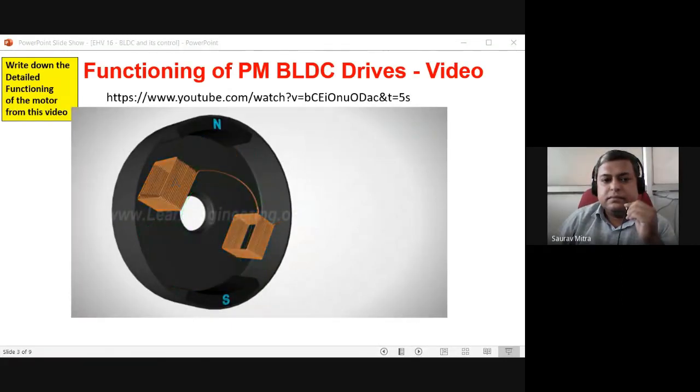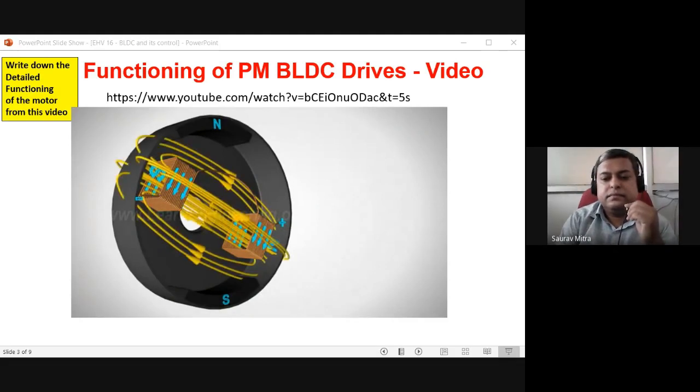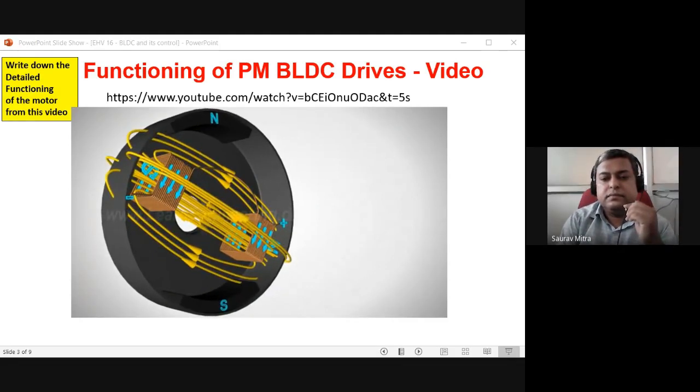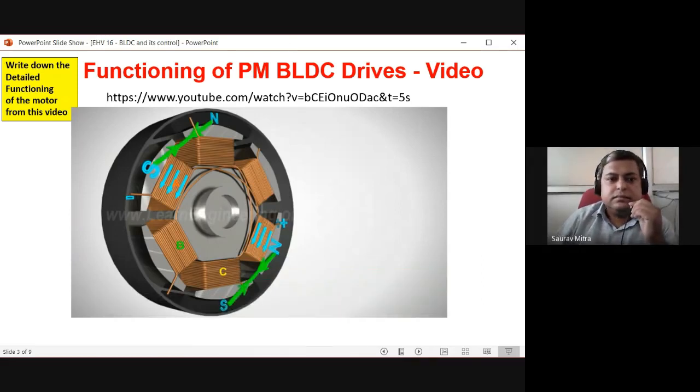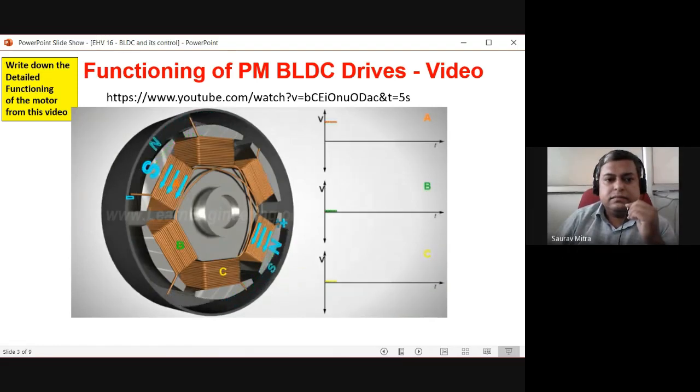By applying DC power, the coil will be energized and become an electromagnet. The operation of a BLDC is based on the simple force interaction between the permanent magnet and the electromagnet. In this condition, when coil A is energized, the opposite poles of the rotor and stator are attracted to each other. As the rotor nears coil A, coil B is energized.